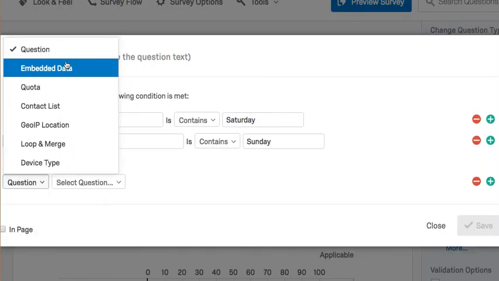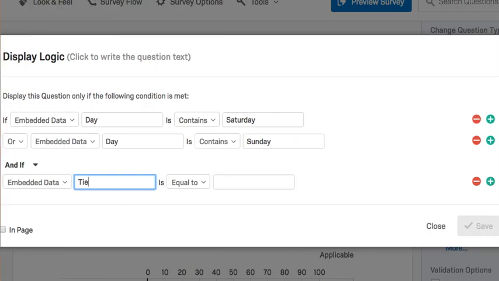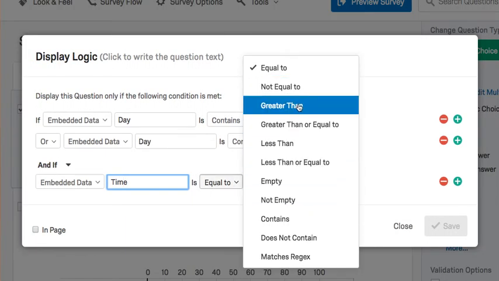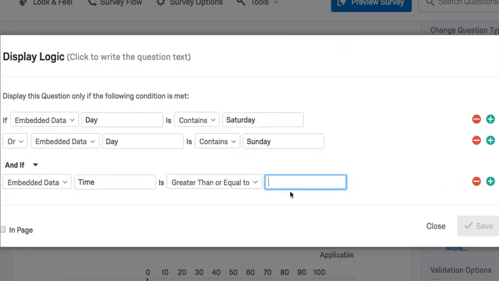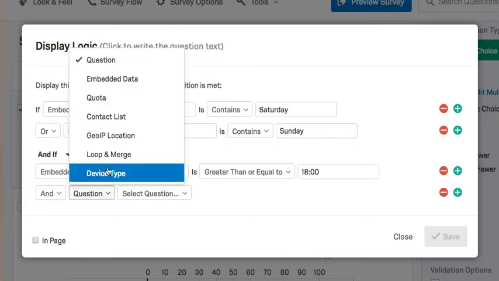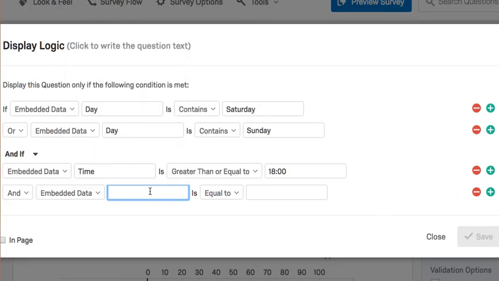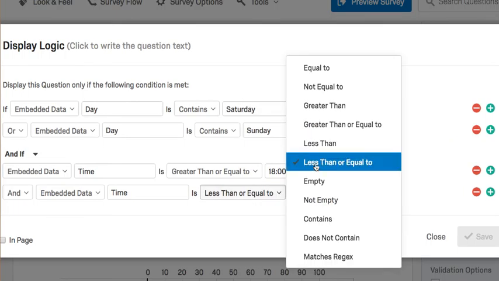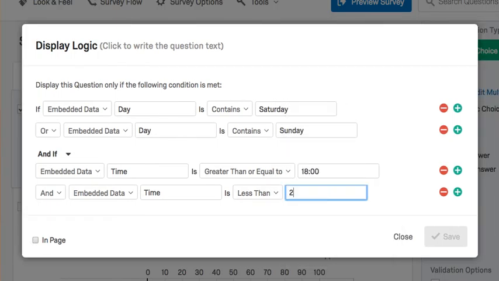And then I'm going to basically say if embedded data time is greater than or equal to 1800 hours. And then I'm going to say and embedded data time is less than or equal to, or actually less than 2000 hours. So basically now I am saying that if the day contains Saturday or the day contains Sunday, and